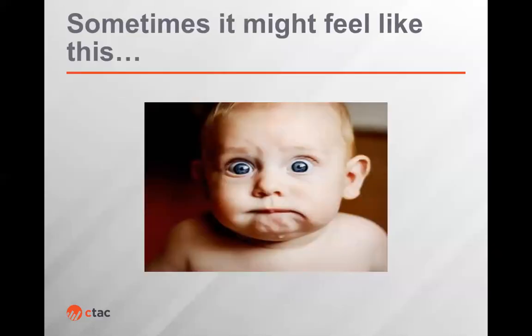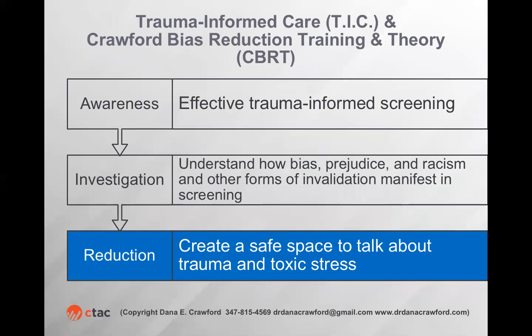And sometimes it can feel like this. Hearing all of that is like, whoa, I thought this presentation was just about screening. There's a lot more to it. And so we have to really think about screening from a systematic way. And reducing that bias is really about that question of how do we create a safe space to talk about trauma and toxic stress. So you can give someone a piece of paper that has those 10 ACEs questions, and we can talk about the logistics of how to give the ACEs questionnaire out.